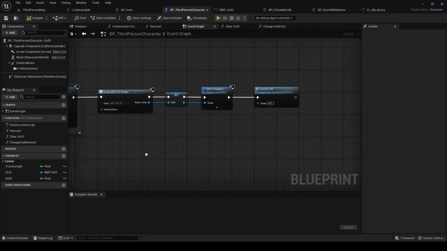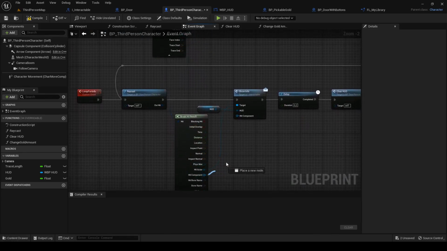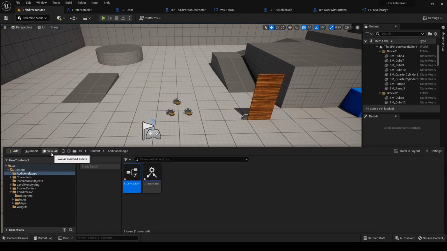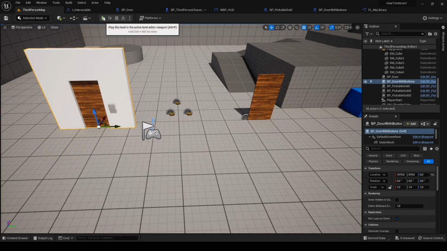Here, go to the function of pressing the E key and connect the hit component of break hit result to the hit component pin of the interact function, and do the same for the loop for info function. Hit compile and save all the project in case we missed something to compile. Drag in our door with buttons, hit play and let's test it.